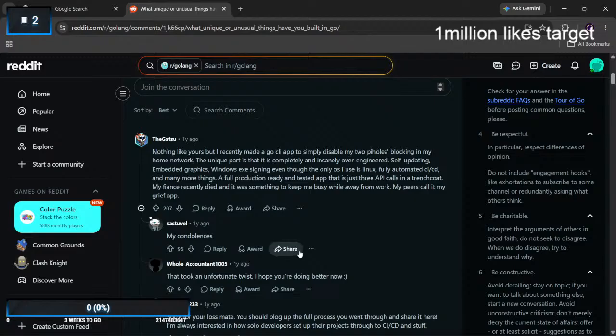Pi-hole is blocking my home network. Oh shit, this guy is cooking something hard. The unique part of this is it's completely insane, over-engineered, self-updating, embedded graphics, Windows exe signing, even though I use only Linux, fully automated CI/CD, many more things, full production ready, tested out.